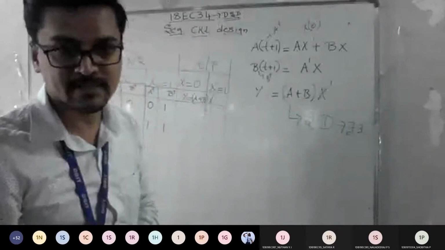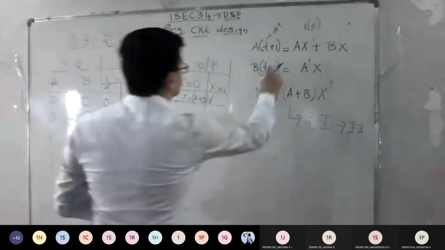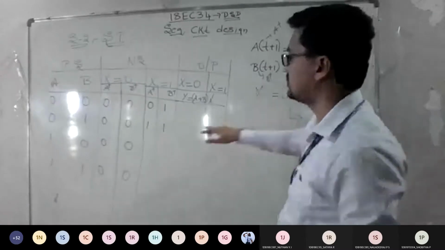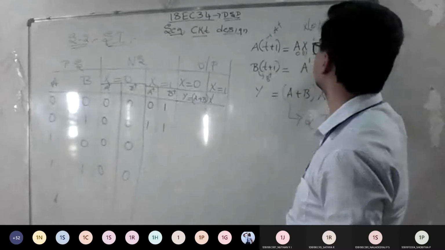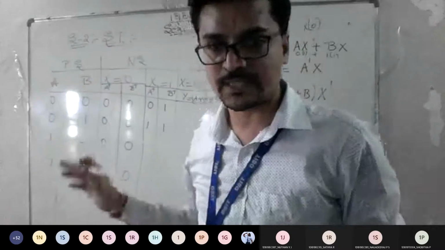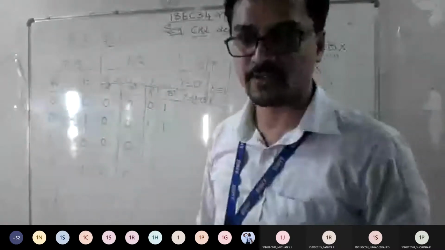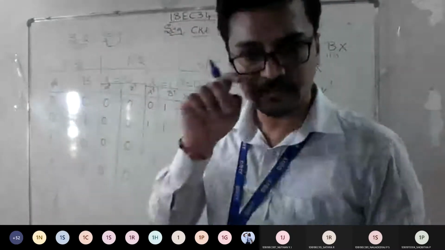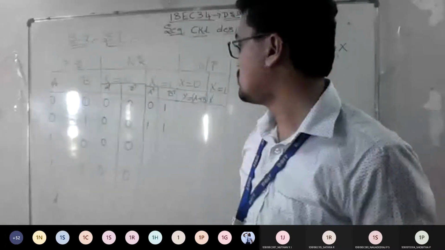Anybody have doubts how to get this? Let me explain A plus once more. For A plus, the A value is 0 here, but see here, the A value is 0 and x is 1. So this becomes 0 plus B is 1, x is 1. So it's 0 plus 1. Since it is an OR gate, 0 plus 1 is 1. So is it fine with this next state, everyone, for the 0, 1 combination? Any doubts? So now tell me the remaining table.